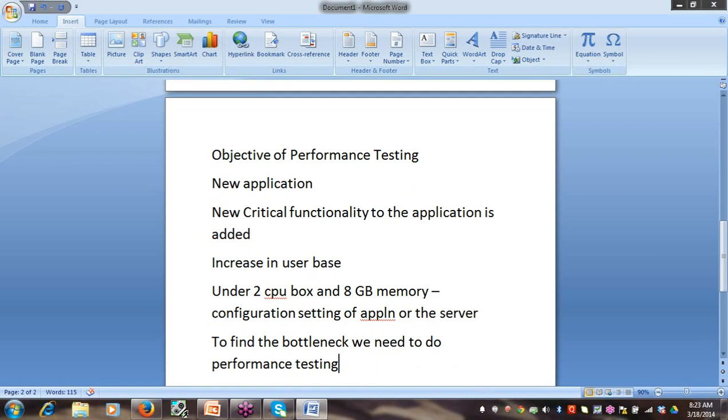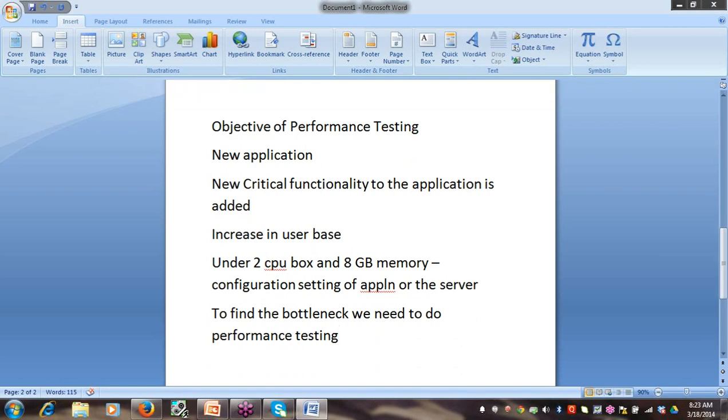One more thing: whenever a new version of the software is upgraded, you need to do performance testing, because the version will sometimes affect the performance of the application. Okay, new version of the software.